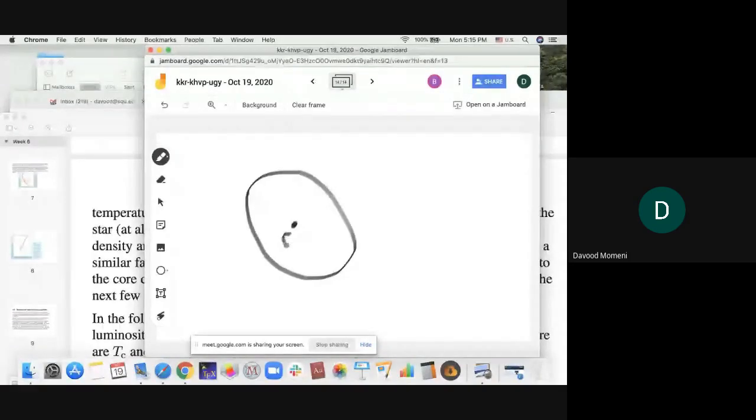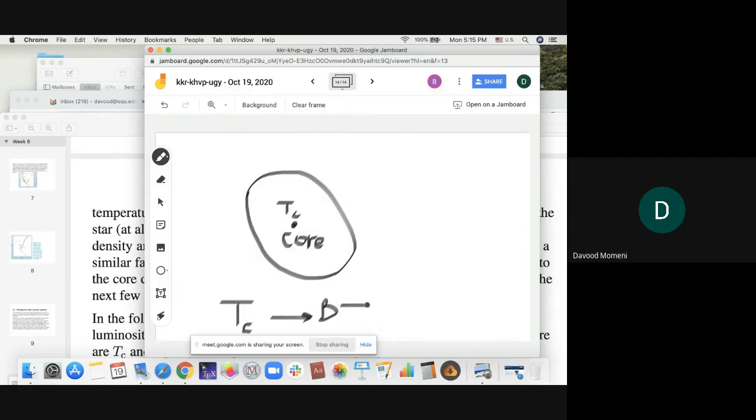The core is the source, remember, of all this hydrogen burning. If the temperature at the core, Tc, just changes by a factor of B